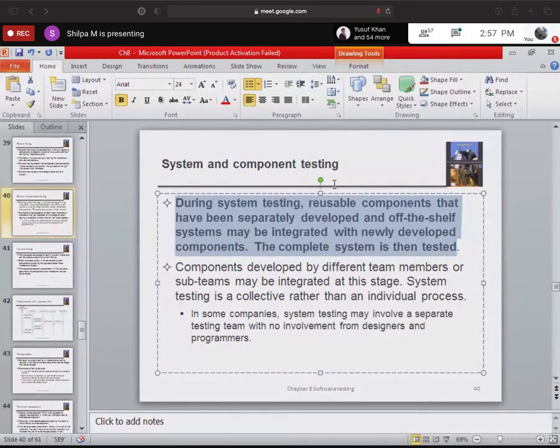So when the final integration is done, we would have integrated whatever components we as software developers have developed, and then the reusable components which we got from somewhere. Most of the time the problem is that they are not integrated properly. The code which is developed by someone else and you are using it, there will be so many things which you would not have checked. So in order to see that the complete system works properly, system testing is used.